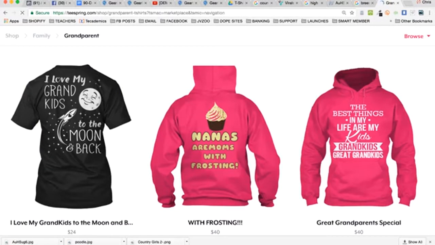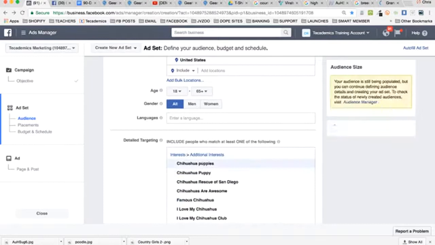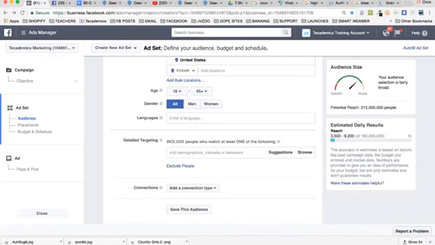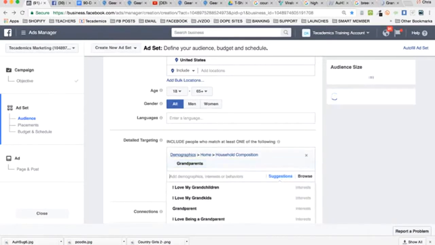So you're targeting grandparents on Facebook. And the thing is, when you learn how to place ads inside of Techademics, you're going to learn how to place ads if you don't know how already. But you can go in here and target grandparents. Look at this. Here's a demographic,